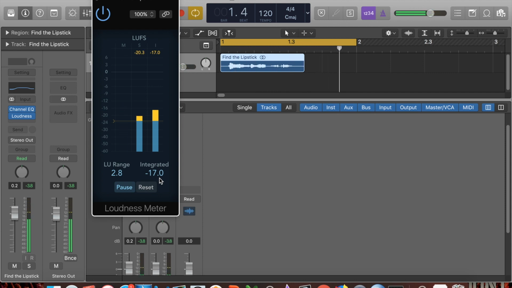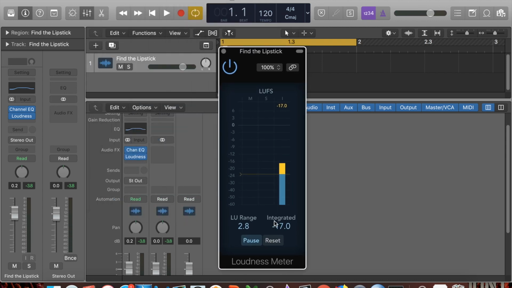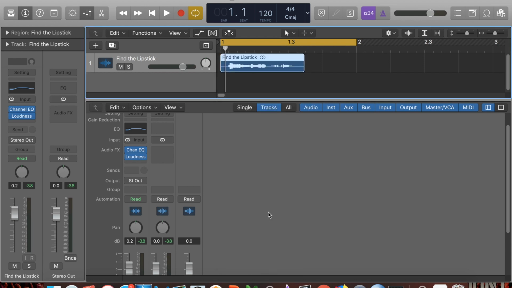So a 0.2 decibel difference is really not noticeable in the real world, especially at this sort of volume. So you don't need to constantly play it over and over, but if you want to be picky and precise, then you can do that if you'd like. The next one is going to be